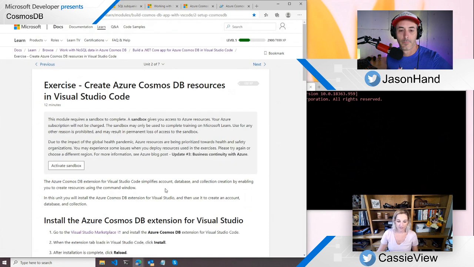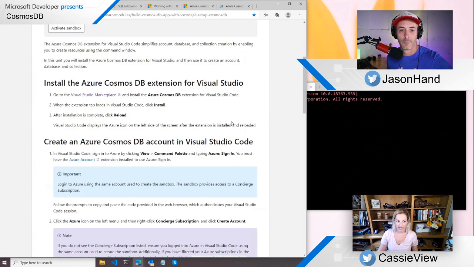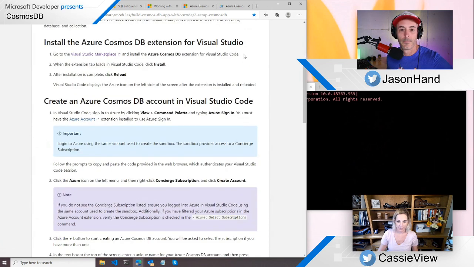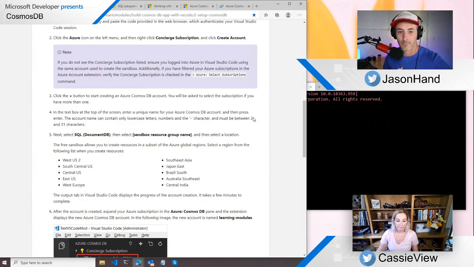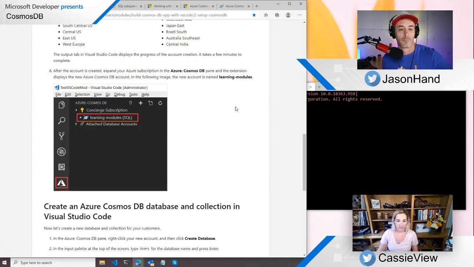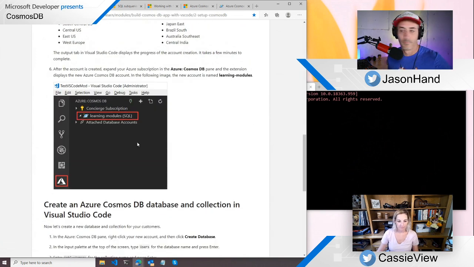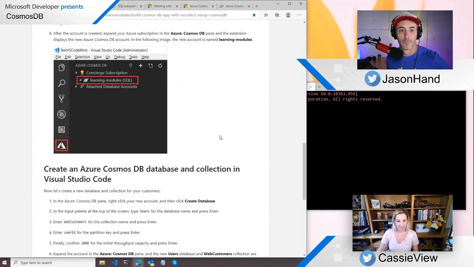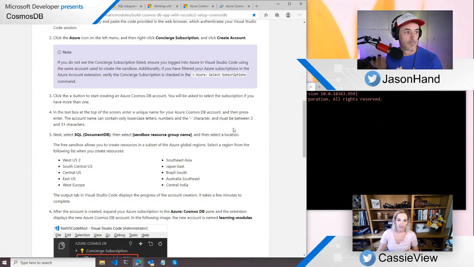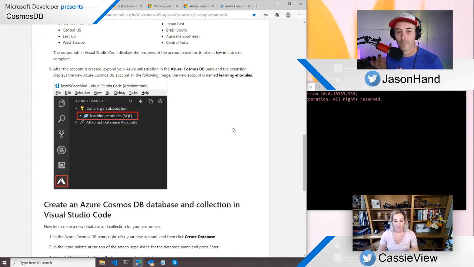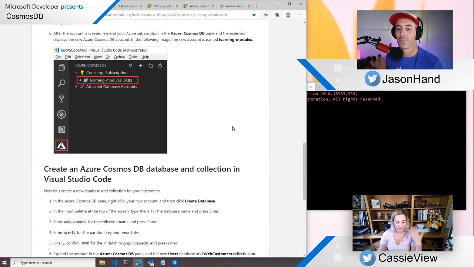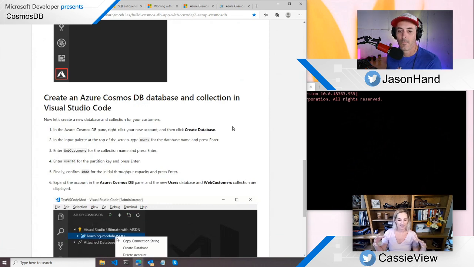So I'm just going to go in here, and I already created the database, but if you are familiar with Azure, you would go in there, create resource, and search for the resource that you want to create, and then hit create, right? So you can also do it through the Visual Studio Code plugin as well. If you go into the prereqs for this, it'll have all the prereqs that you would need. After we do this, I recommend definitely going through it and doing it yourself, because I feel like it cements the information in your brain that way.